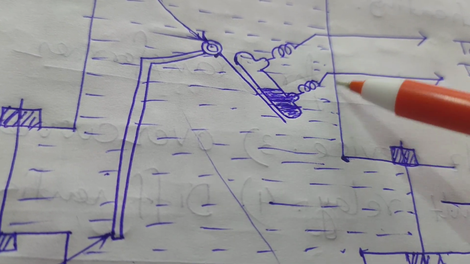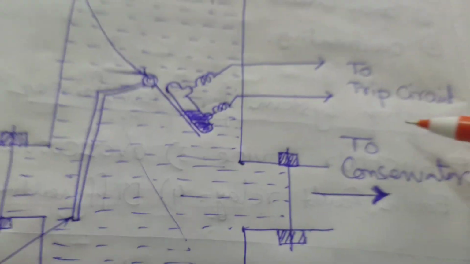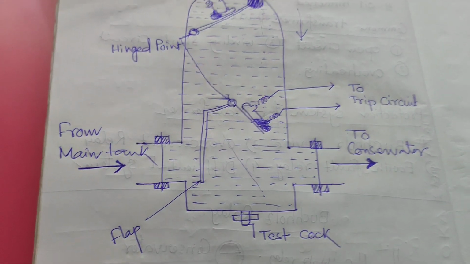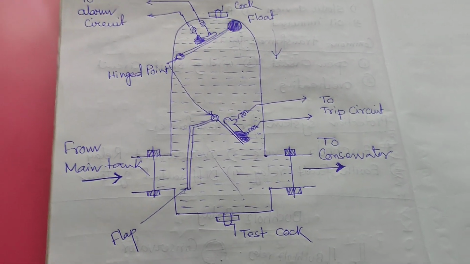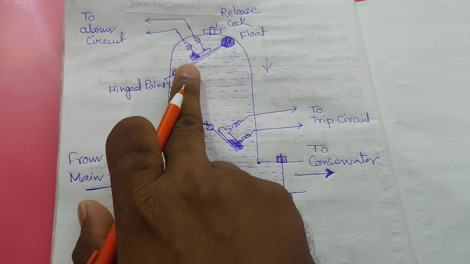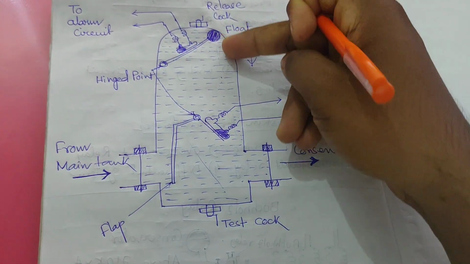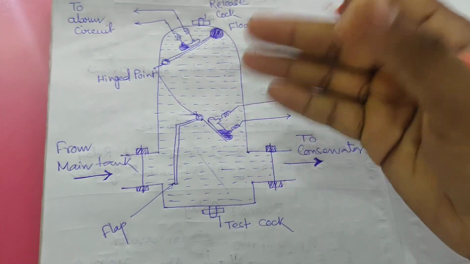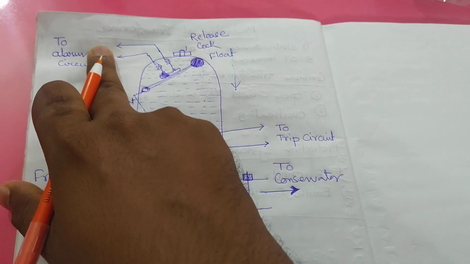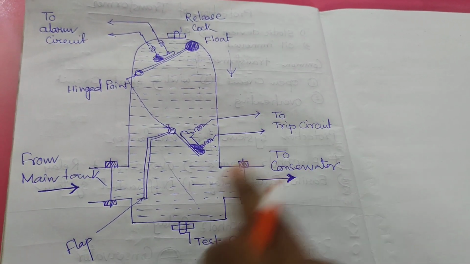When that is the NC contact, the DC will go through this circuit and be provided to the tripping circuit to trip the concerned circuit breaker. So this is the total procedure of what happens inside the Buchholz relay. Actually the alarm will be the first option; when lots of gases are generated, then the thrust will be here and the trip circuit. So first the alarm will be generated, then the trip will be generated if anything big happens.